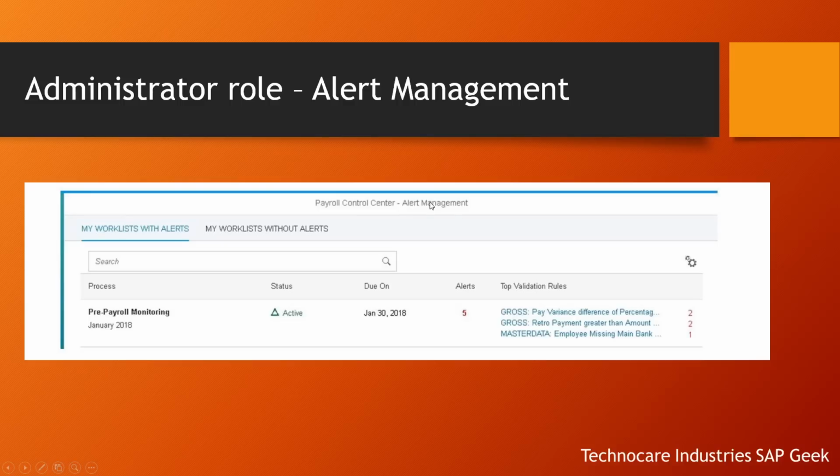In alert management, if I am logged in as an administrator in the payroll control center, I'll be able to see my work list with alerts and my work list without alerts. In my work list with alerts, for example, 5 alerts are assigned to me. 2 are related to gross pay variance difference of percentage, 2 are for retro payment greater than some amount, and 1 is for master data employee missing main bank detail. Okay, so I need